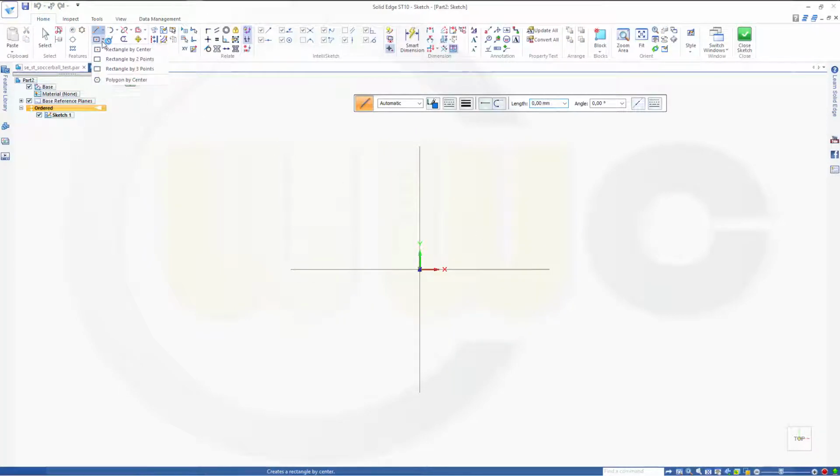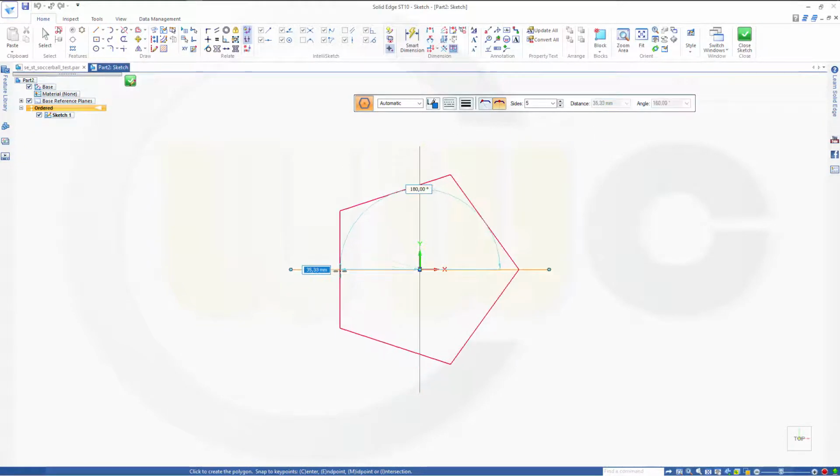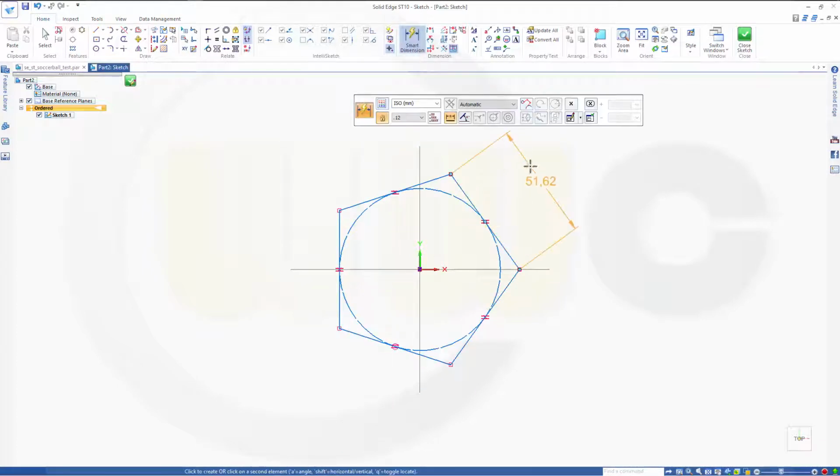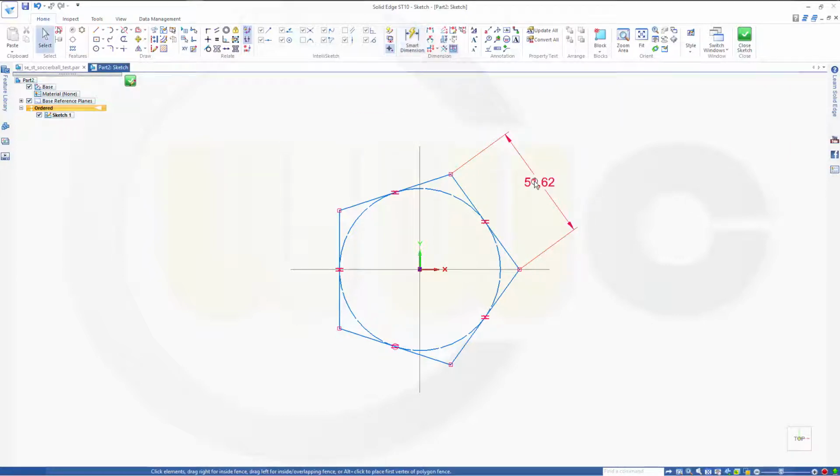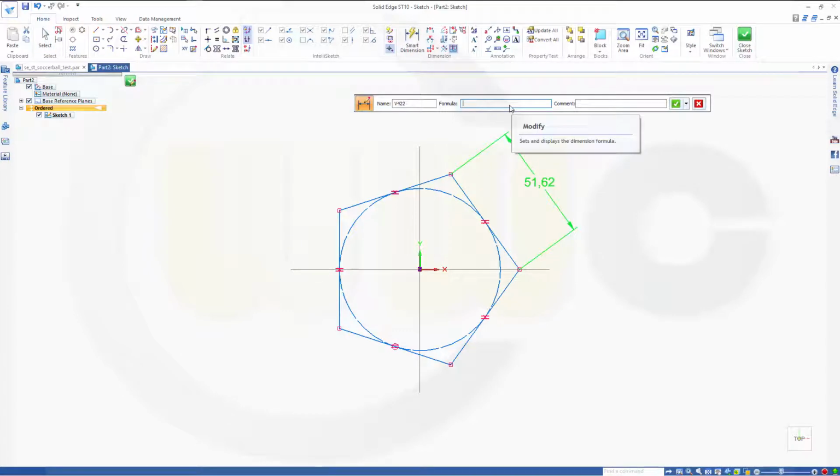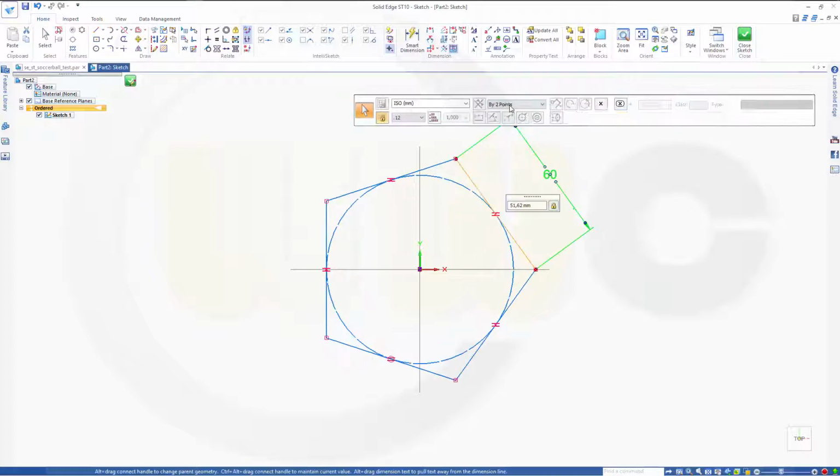I need a polygon, 5 sides, yes, and maybe define it like this. Okay, then I need a dimension, and this should of course be 60. It should be the side length. So just double click it and write equals side length,